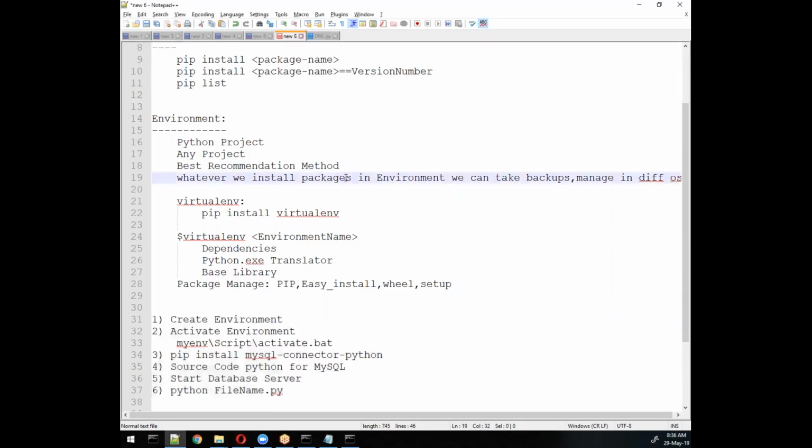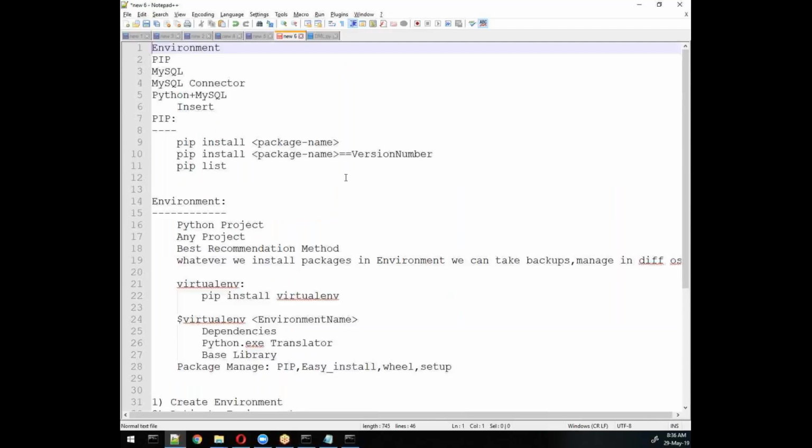So today we saw connectivity between Python and the MySQL database, and the environment and PIP concept. Now there is another interesting concept with PIP, and the purpose of this is that we can manage the PIP installation. Remember, we can manage it through some commands. PIP can be installed easily and we can manage it, for example, with pip list.